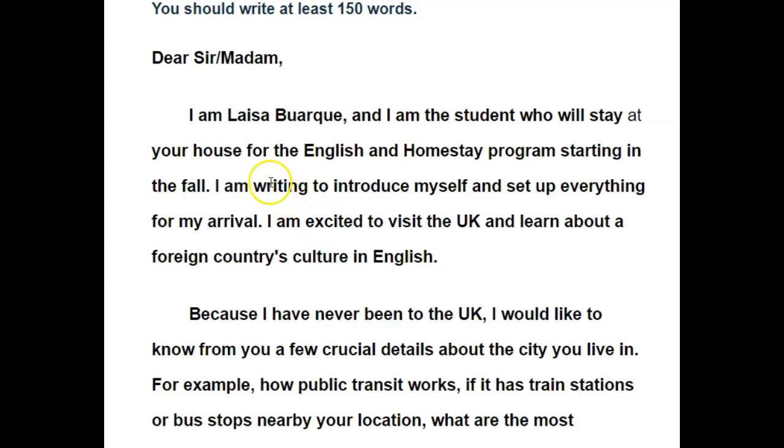Another thing that I might have added here is maybe just a little bit about you. Are you a student? Do you work? I mean, you're introducing yourself. So what kind of information do we give when we introduce ourselves? Well, we say where we're from. We say what we do, right? Typically, obviously, you say your name. But if you had to add a little extra information, I would have added one or both of those things.